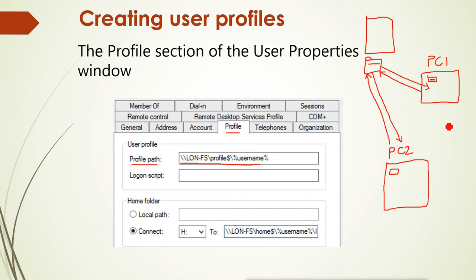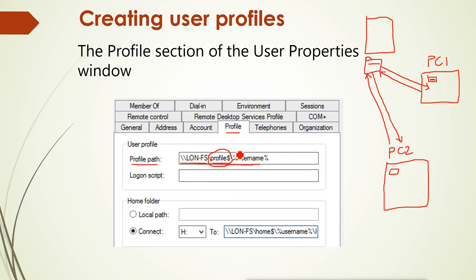It is for those users who log on to multiple machines, so we can create roaming profiles for them. Otherwise, users normally log into the same machine every day. But if you have some users who roam around different machines in the domain, then we can create a roaming profile for them, just by adding the share folder path under the profile path. So this is the share folder path under this server. Under this server we have created a folder called profile, and it is also hidden for security reasons.